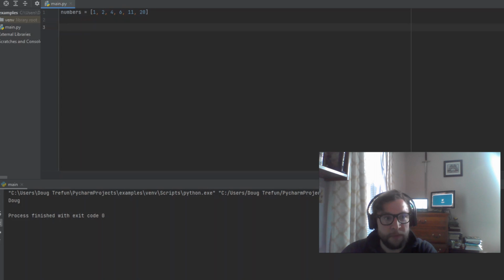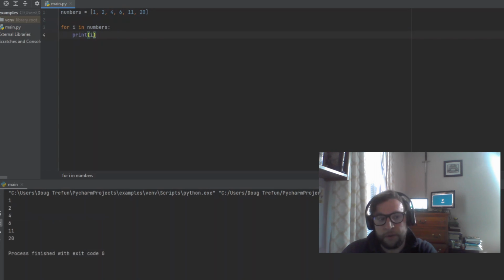Most importantly, you can iterate over a list, obviously. So this is just a list of numbers. If we go for i in numbers, print i, we get those numbers just as they appear. But then you could do other things to it, especially if we put in a new list to append to. So for i in numbers, we could do new list